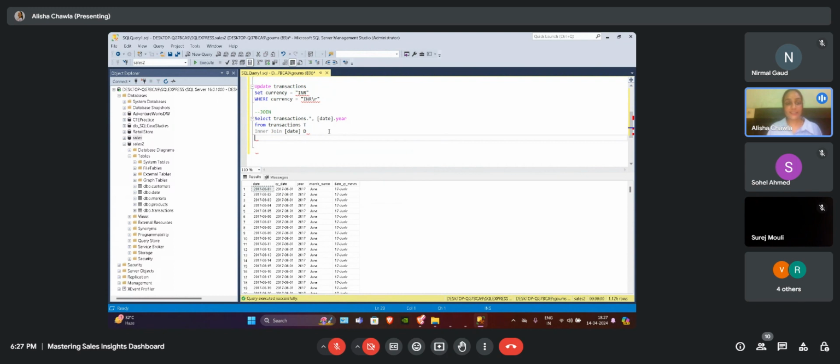We are joining both of these tables using a unique key, a primary key. That is, we are stating what the primary key is using the on keyword.